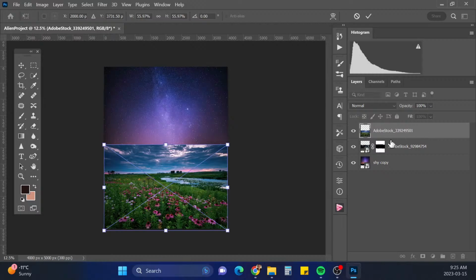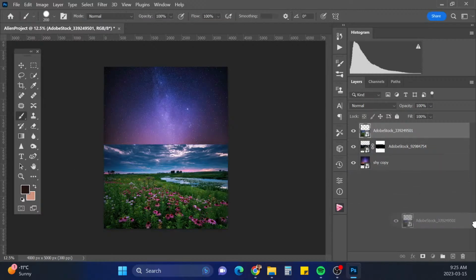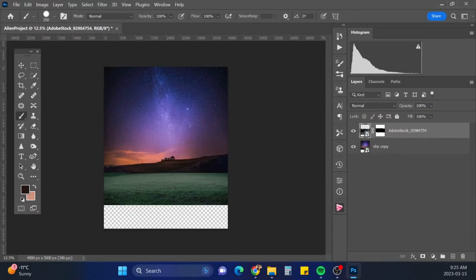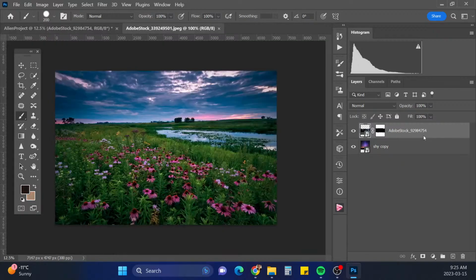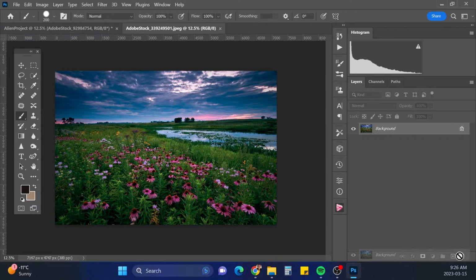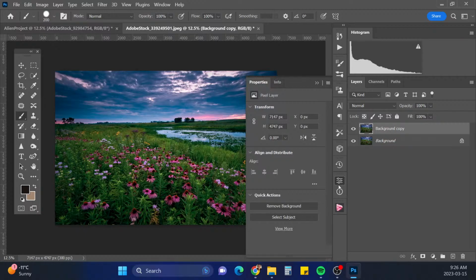All right, I'm actually thinking I'm gonna delete this layer really quick here. I might bring it over and see what the remove background will do, and maybe it'll just kind of pick out some of the flowers for me, because I don't want to have to do all that selecting. I'm feeling a little lazy today. So let's make a copy, go to the properties panel, and then hit remove background and